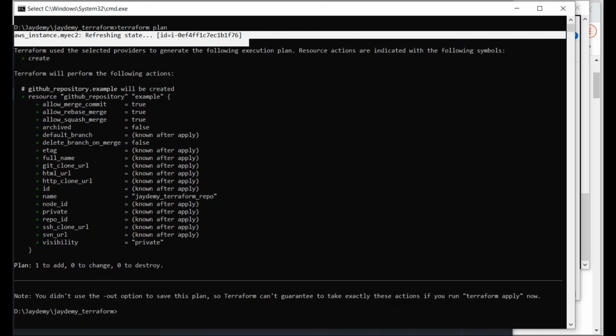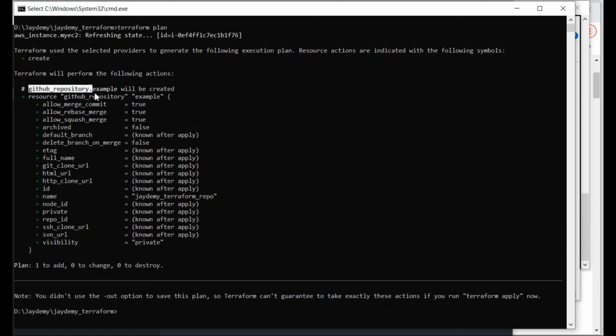Why? Because in this folder I have my first_EC2_instance.tf, which also has a state, so it refreshes and verifies the state. For this scenario, it is adding a GitHub repository, and the name is example for the local name. If you see the actual name, JDME Terraform repo. So go ahead and do terraform apply.